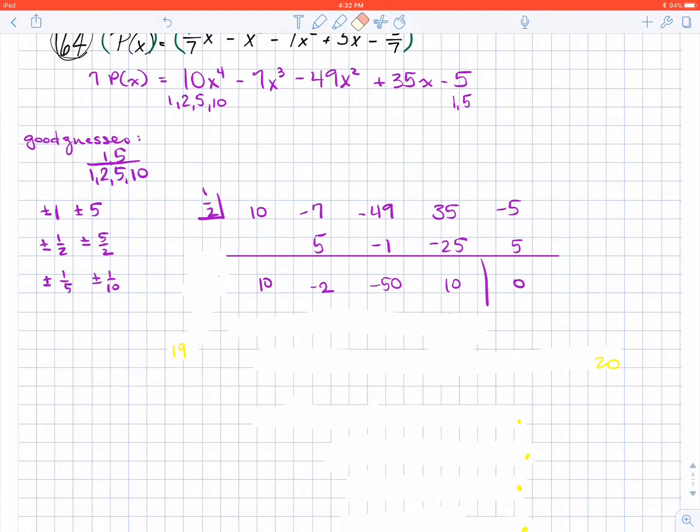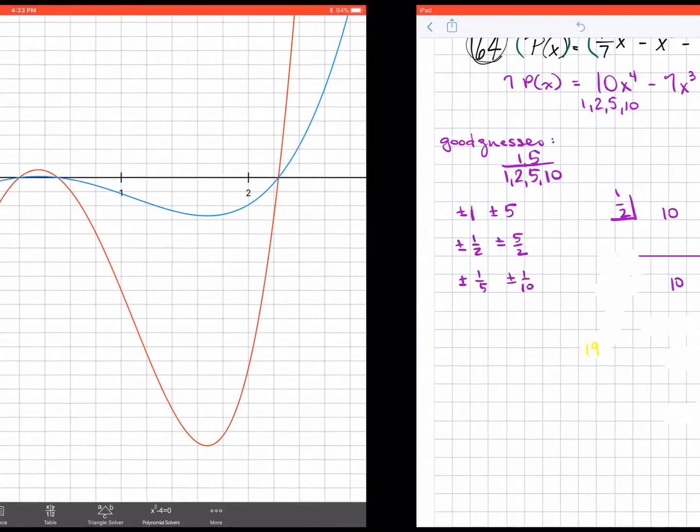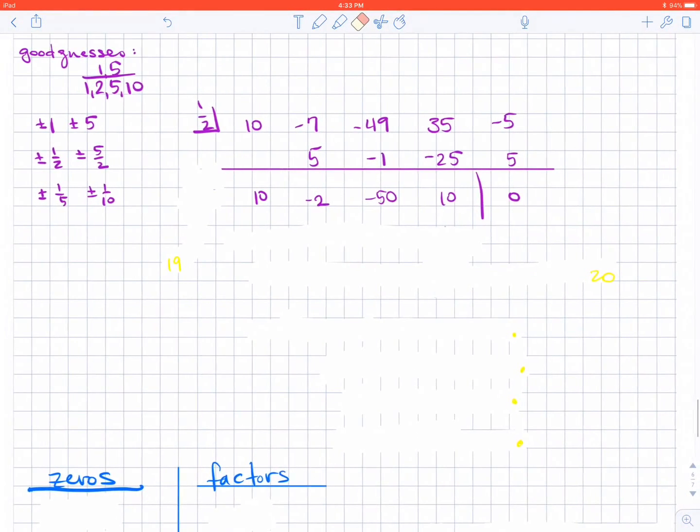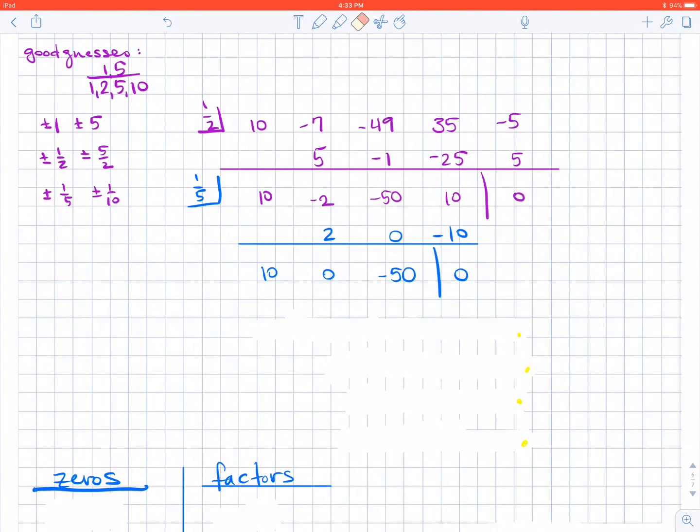I'm not going to walk you through the synthetic substitution. You've learned this in class. What we find, though, is that yes, it does give us a zero. So then the other one is going to be either that 1/5 or the 1/10. 1/5 is probably a little easier to plug in, so let's try that one. Remember that you don't want to go back to the beginning. Make sure that you're using the depressed polynomial to plug in your number. Do not go back to the beginning. So using this, synthetic substitution again, I find that 1/5 also provides a zero for me. Not only does it provide a zero, I now have a